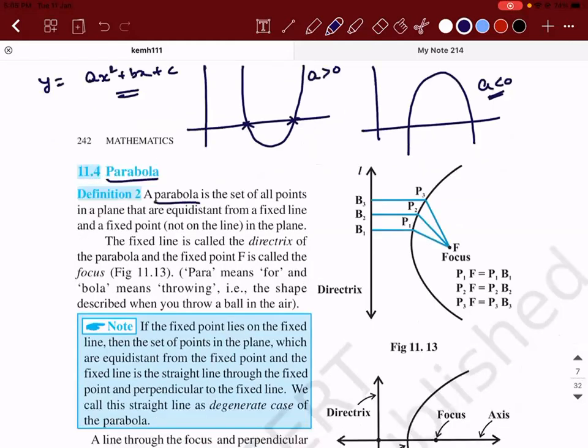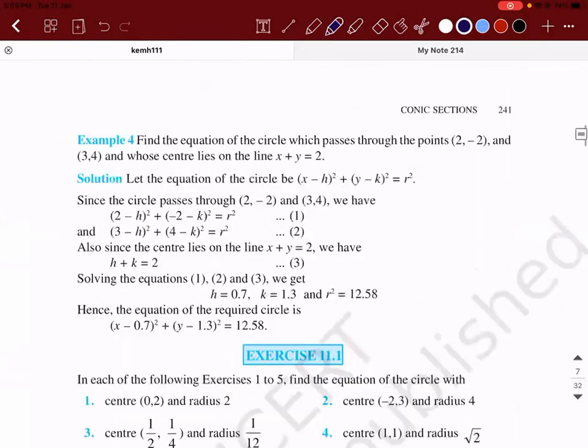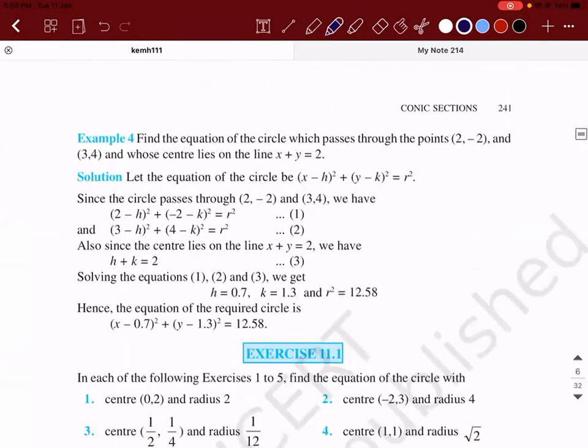So parabola is basically a locus. You know what is locus, guys? Have you heard this word? Locus is basically a shape obtained by moving points. For example, if I have to define a circle, circle is also a locus. Locus of all points. Locus means the points are supposed to move for you to get the shape of a circle in such a way that these points are equidistant from a fixed point, correct?